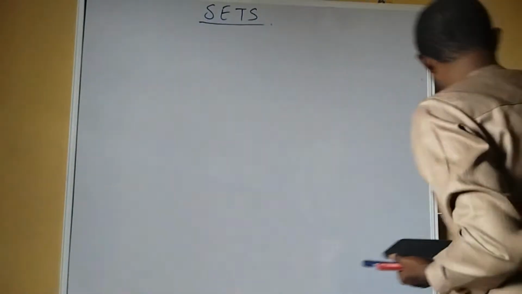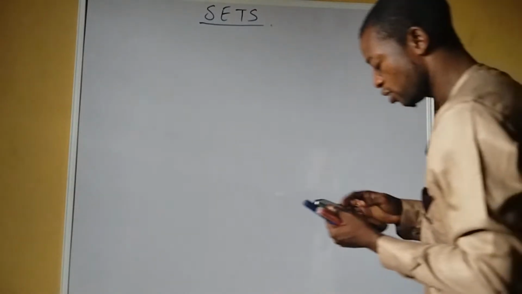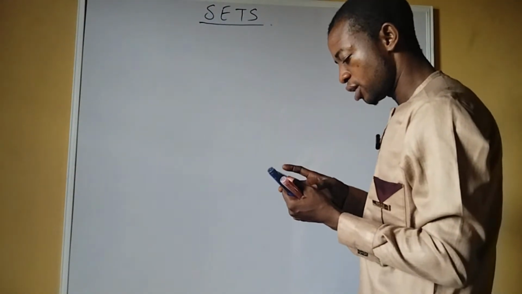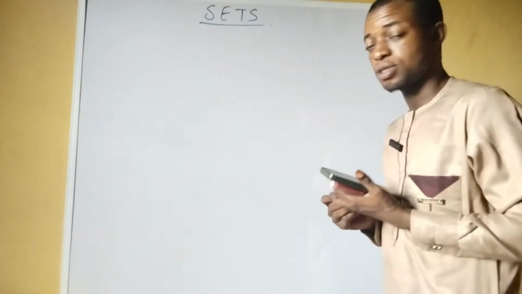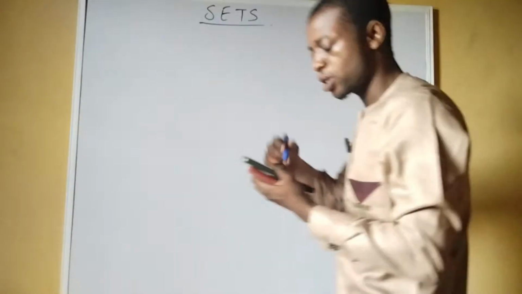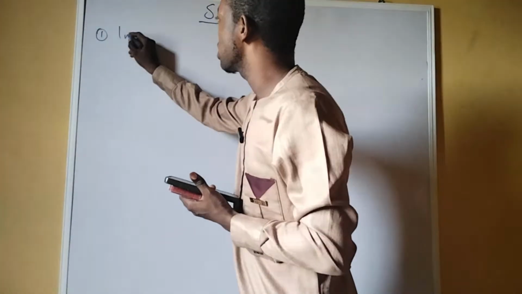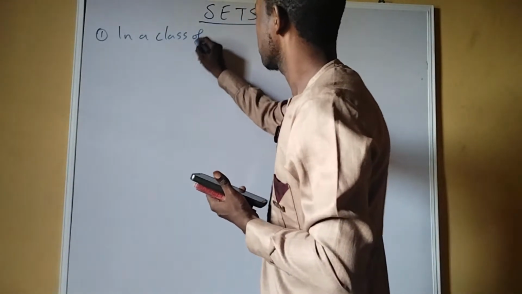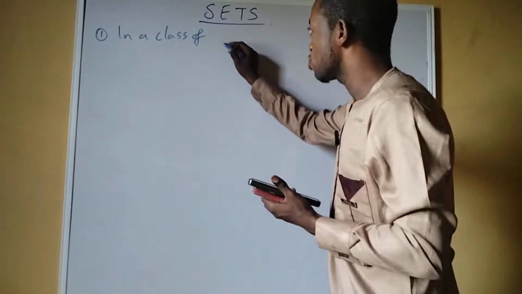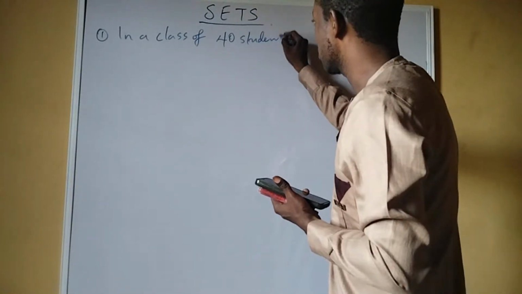So the first question here, let me quickly write the question so that we can follow properly. Question 1 says, in a class of 40 students,